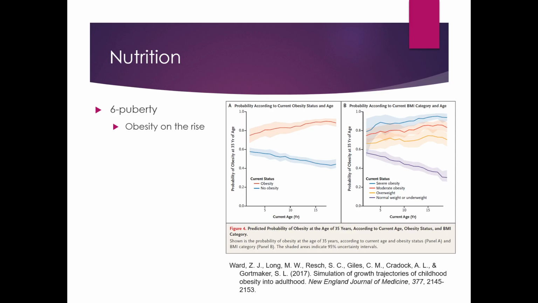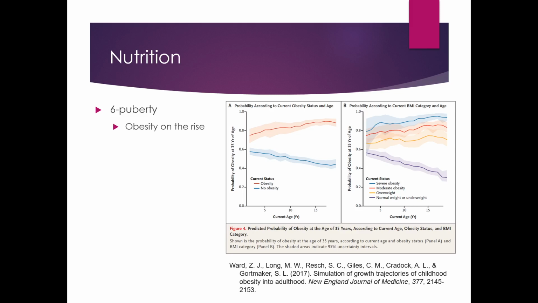And if you recall, BMI is a calculation of a ratio of how tall you are and how much you weigh. And it doesn't really take into consideration musculature or anything like that. So it's not perfect. There are different BMIs for males and for females, but other than that, it's not very specific. But what they've done is they've broken the participants into the purple line, which is normal weight or underweight